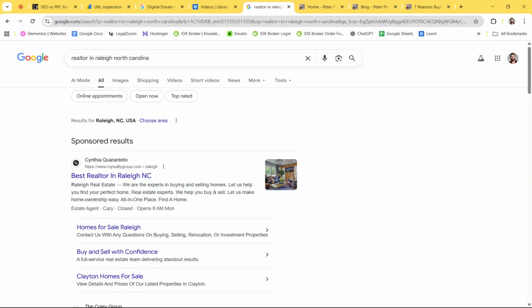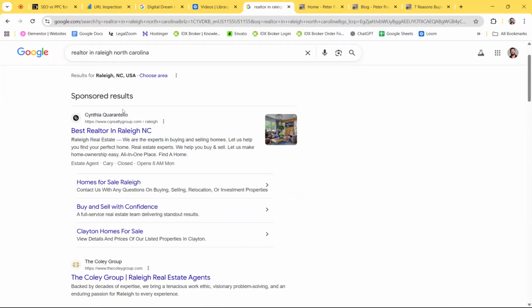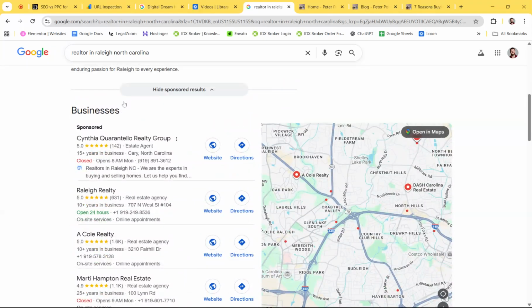But when you're skipping out on the SEO portion of your website, you're not building a solid base. So if you want to keep the website an asset and keep it making you money, you're going to keep relying on paying Google to make sure you're at the very top. And again, she's not the only person in her area doing this, so they'll be in the rotation up here, right? But when you factor in SEO as well and start blogging and updating your website, making sure everything is running smoothly, quickly, you have high intent keywords on your website, you start to build that foundation, and then you get found organically